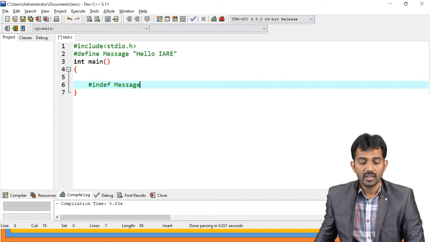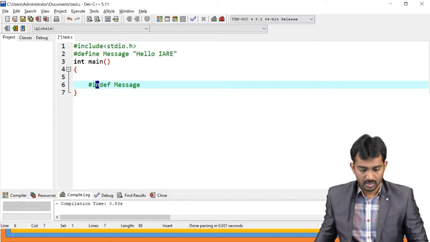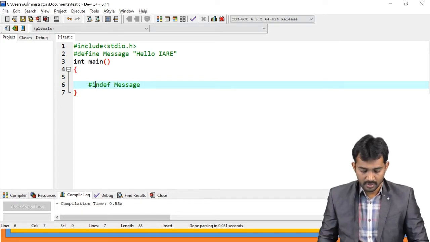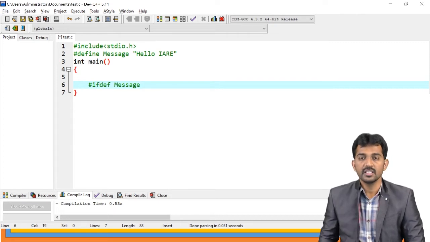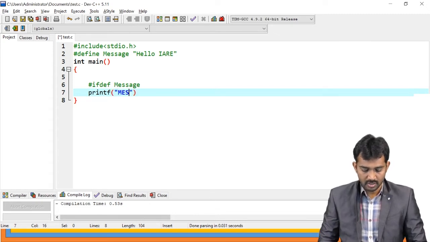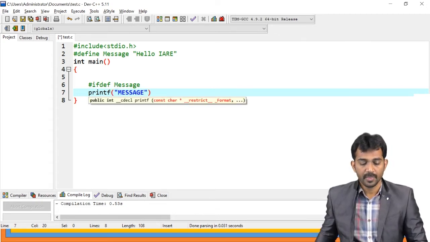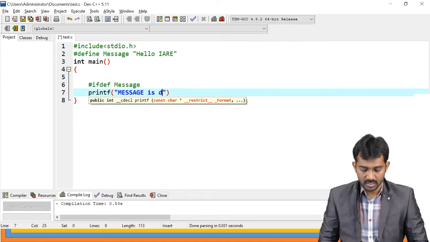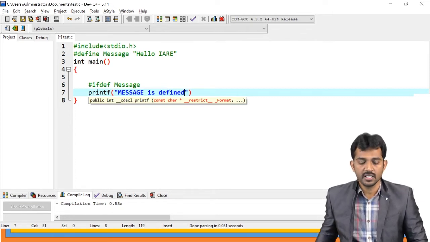If the message is defined, and the condition is true, printf message is defined, right? Message is defined.